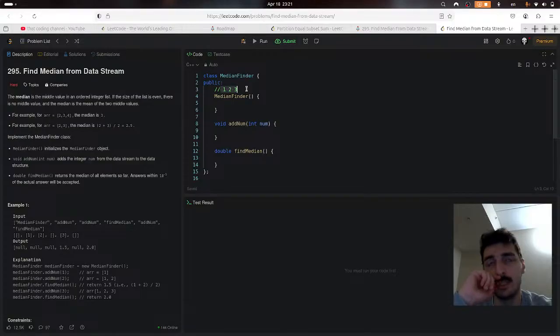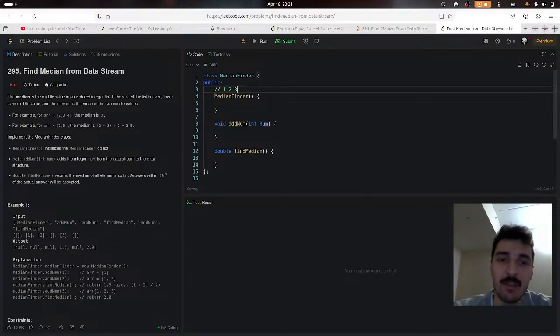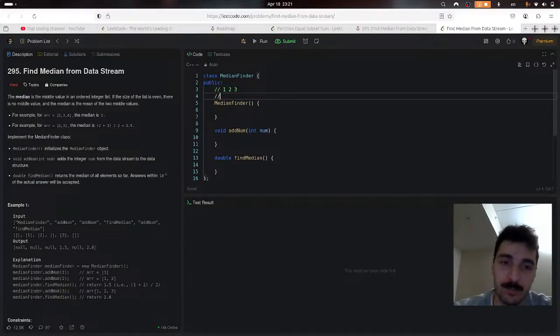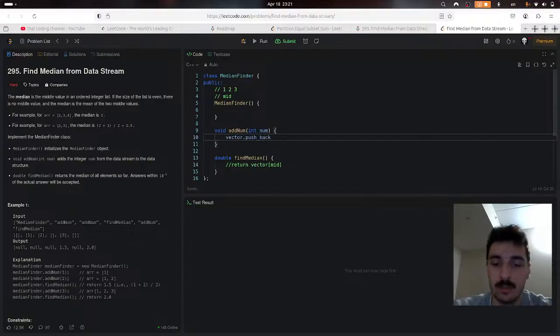What else? We should have a middle pointer, right? We should have another variable that saves a pointer to the mid, and this returns vector mid, vector push back, no. This should be